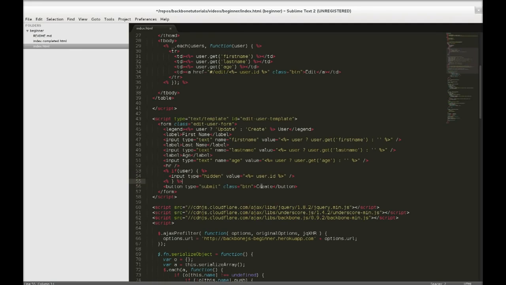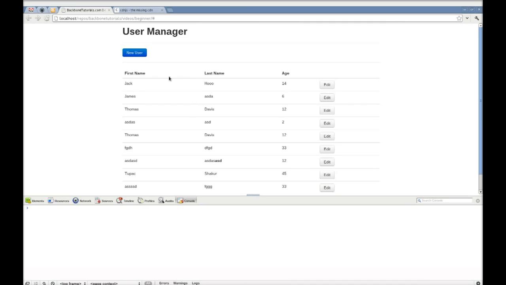And instead of saying create, we'll just copy our conditional from up here for our button. If the user is available, let's do an update. If it's not, let's do a create. And that should give us an ID. So if we jump back to our page, refresh it, go to edit,